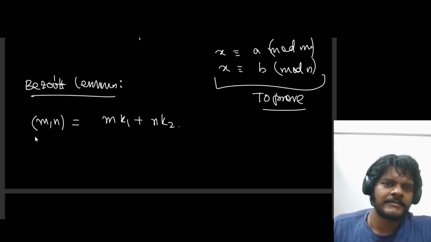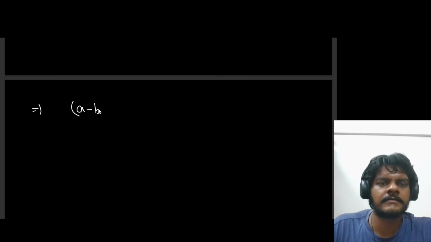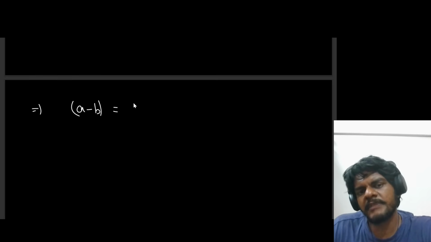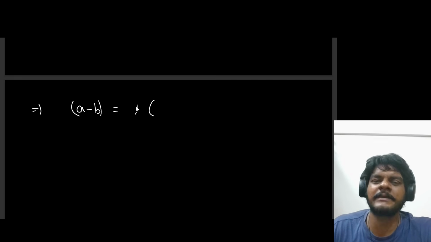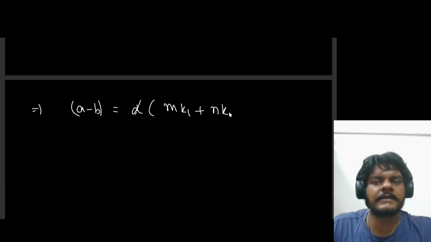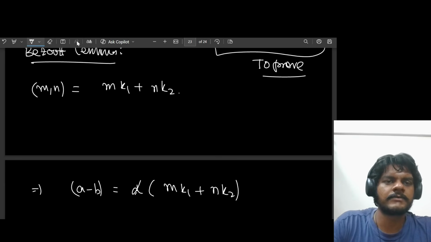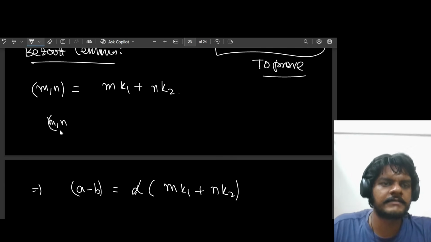So that means a minus b is equal to some multiple alpha into m k1 plus n k2,